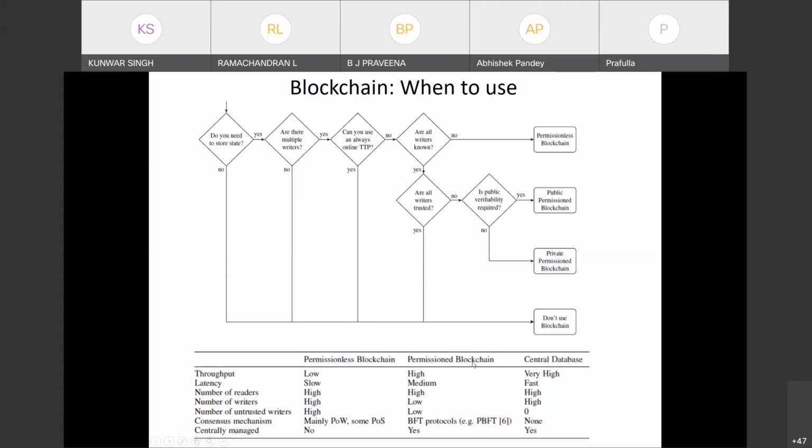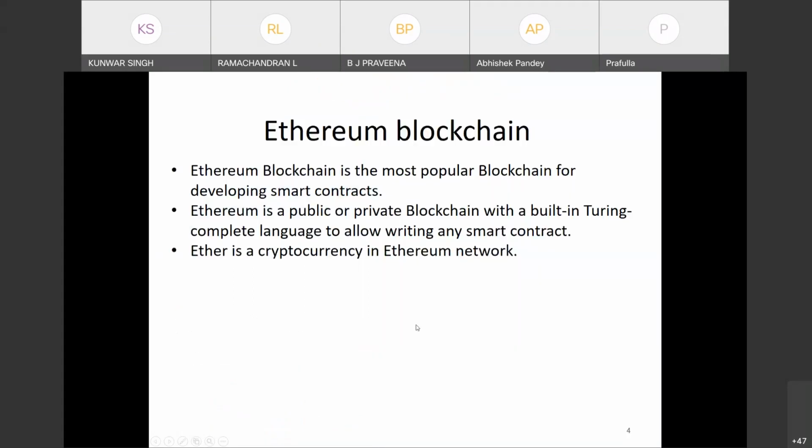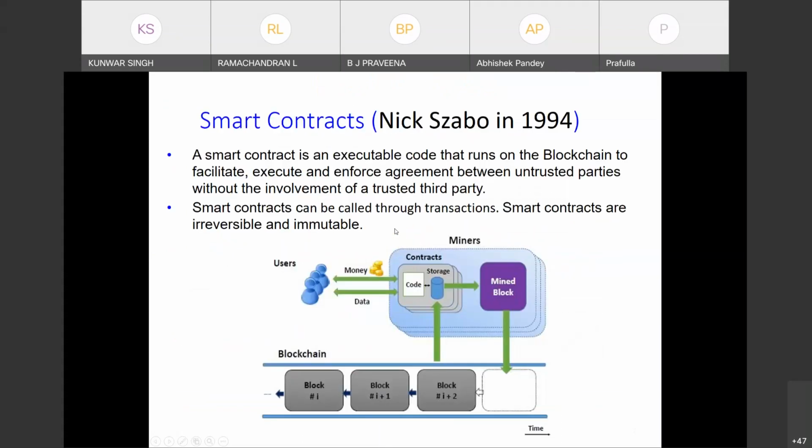You need permission there, and Ethereum can be both. You can make it both permissionless and also permissioned blockchain. Yeah, it can be. But the block creator is a miner, whoever is solving and trying to create a block. That miner should have permission in Ethereum, but in Bitcoin, that miner doesn't need permission. Everyone, any user, not only the miner.